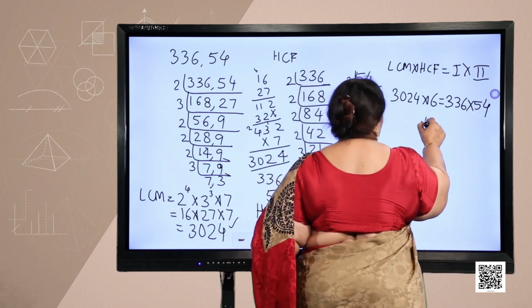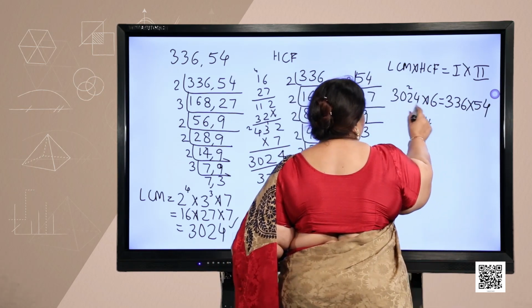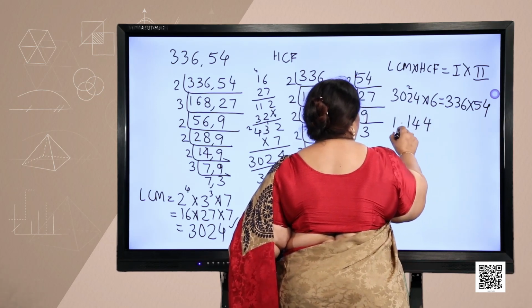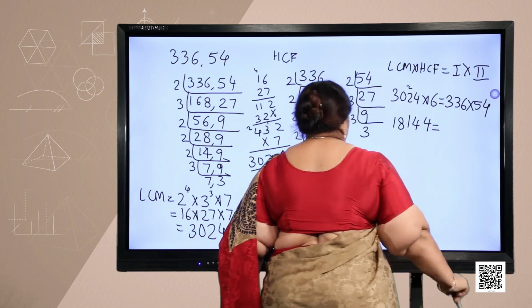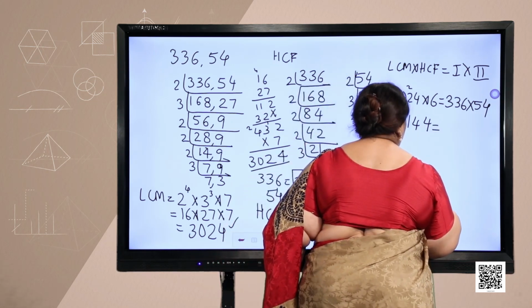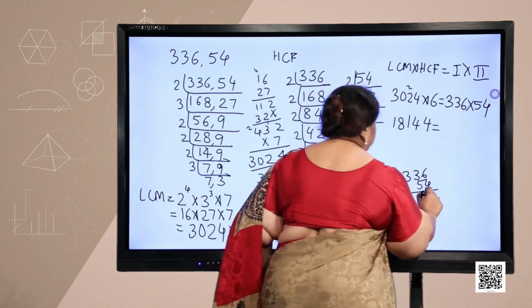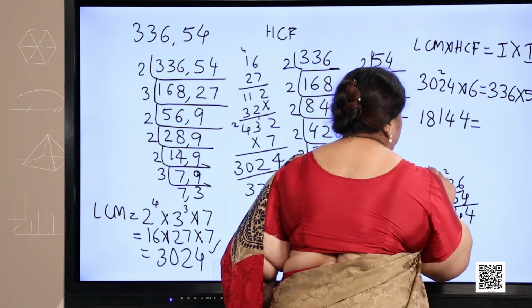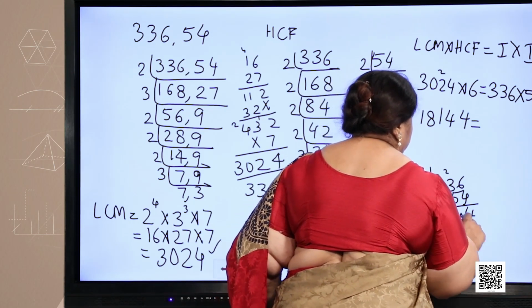So, 6 4s are 24, 2 carry, 6 2s are 12 plus 2, 14 and 6 3s are 18. Let us multiply 336 with 54, 6 4s are 24, 2 carry, 12 plus 2 14, 12 plus 1 13,